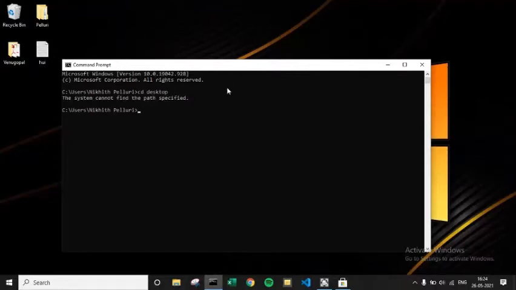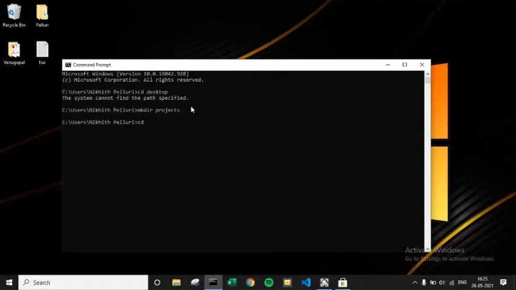I'm going to create first a folder, or a directory, in the folder called Nikit Pelluri. That is the user folder. Nikit Pelluri is my name. Make a projects directory, projects.